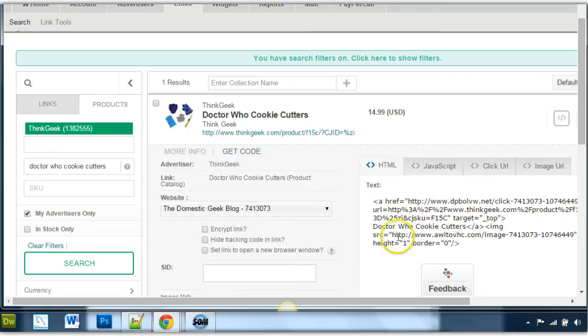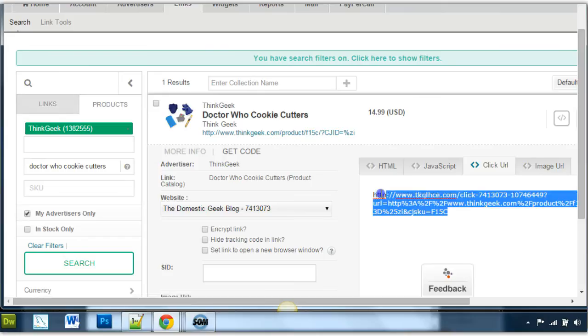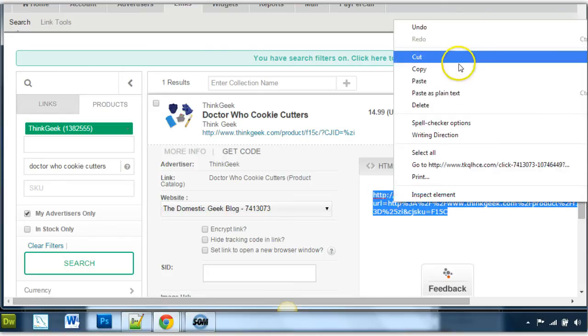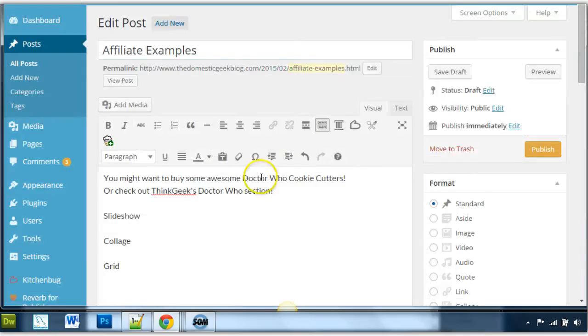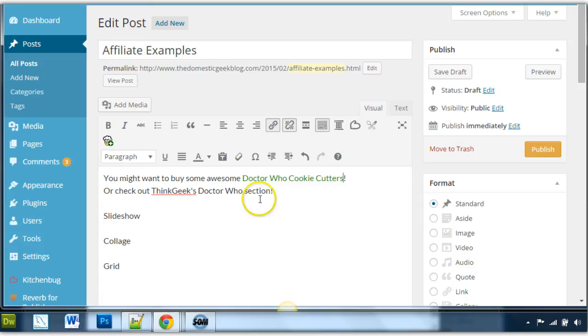There's going to be HTML code that includes the image. It's going to have that little image in there. There's a JavaScript, a click URL, or just the image URL. We're going to use the click URL because that's just going to be a link. Alright, and then there's also